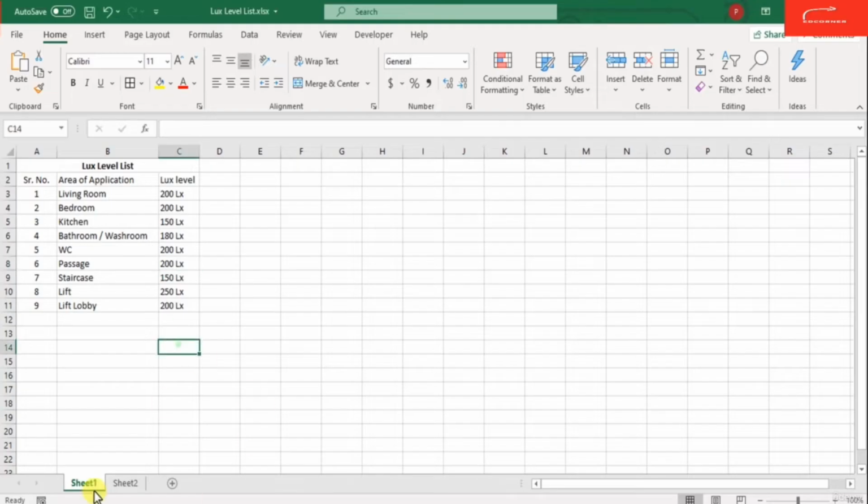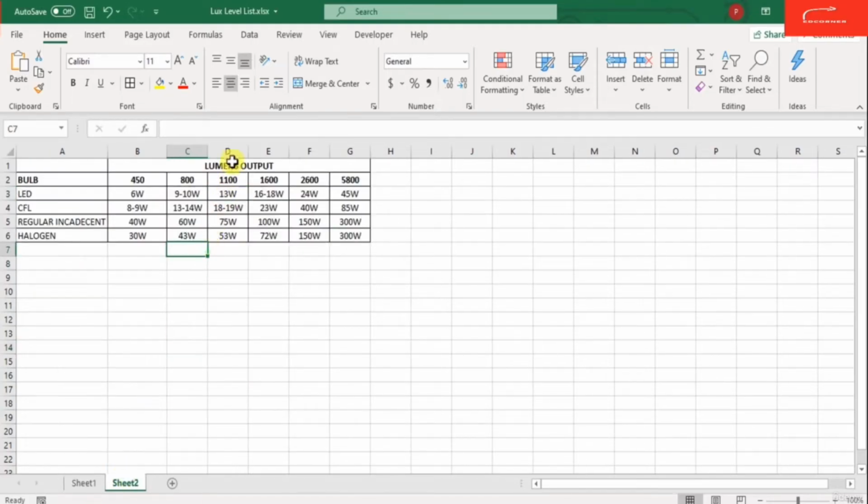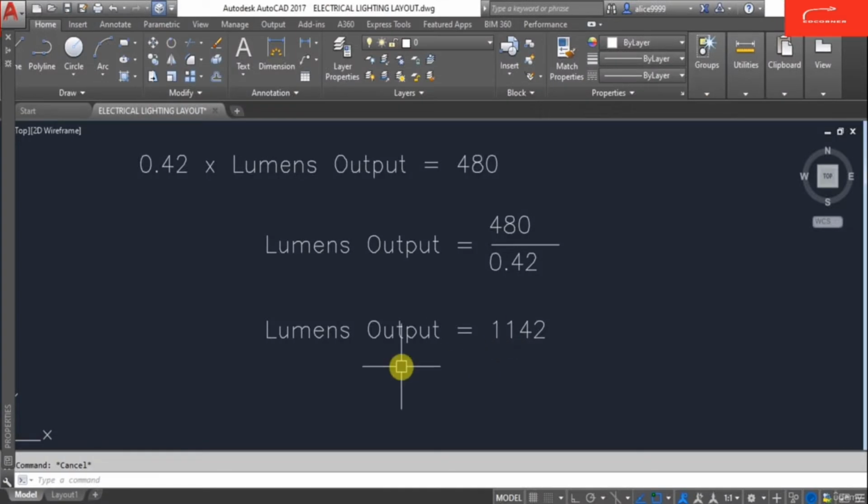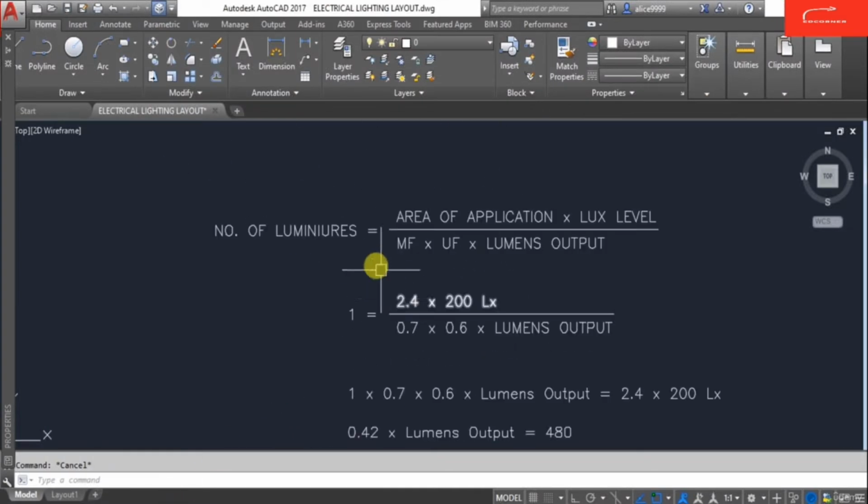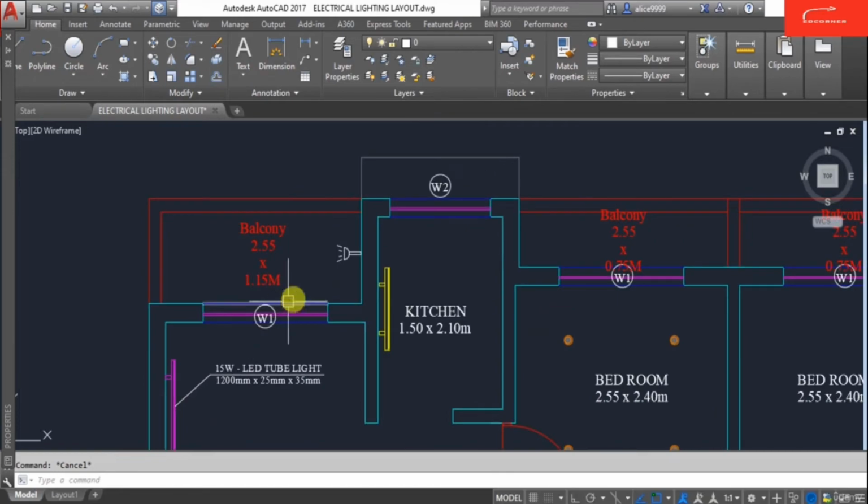So when the selection chart lumens output, 1142 is the standard lumens output calculated for this balcony area,